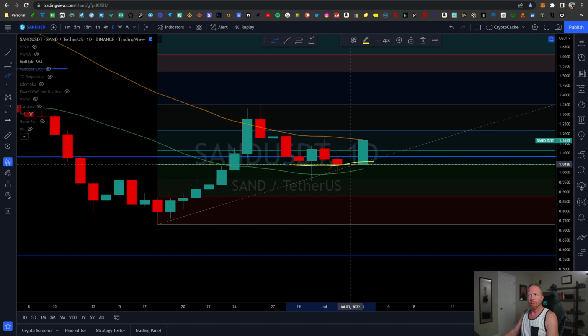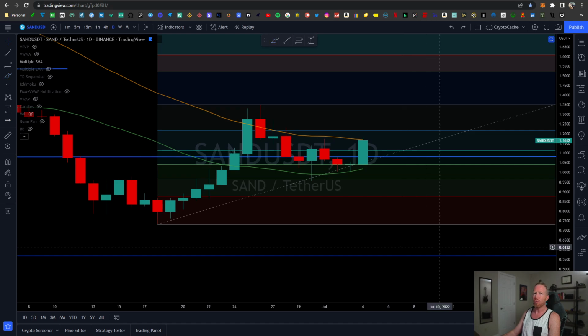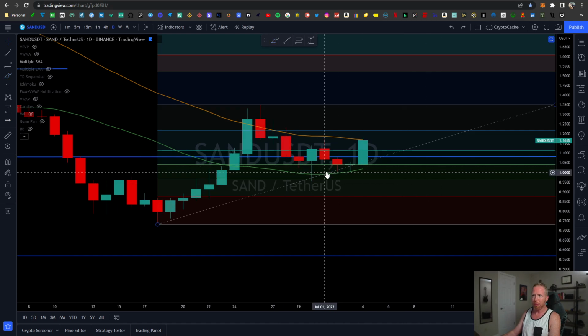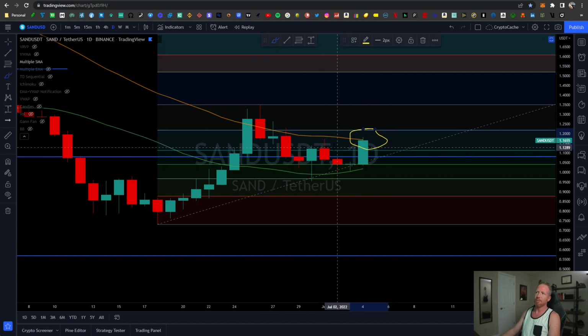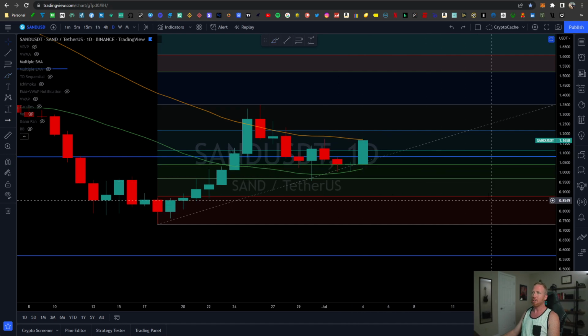So that 104 Fibonacci retracement level is telling us it doesn't want to go any lower than that. Yes, we wicked down below, but the 20-day SMA is concurrently working with that, pushing the price action higher, whereas the 50-day SMA tentatively is working as a resistance. So we've got to respect the fact that the 50 might reject out, but